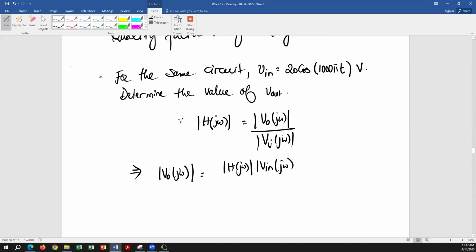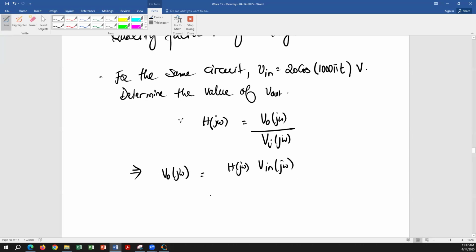That's a magnitude and phase. The transfer function in general is equal to this, and then we figure out the magnitude and phase of the output at that frequency, which is 1000 pi,